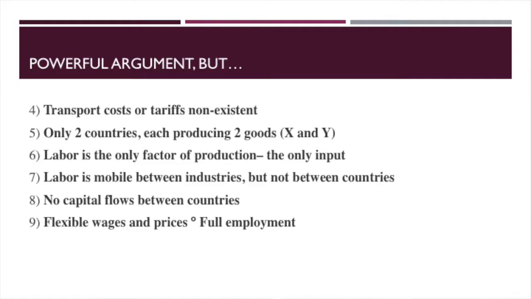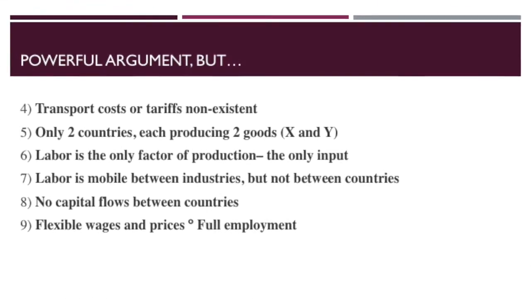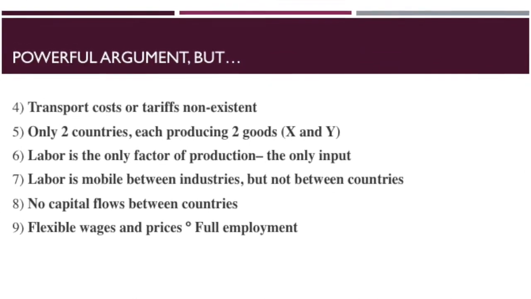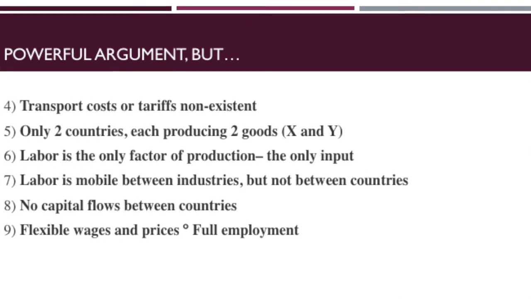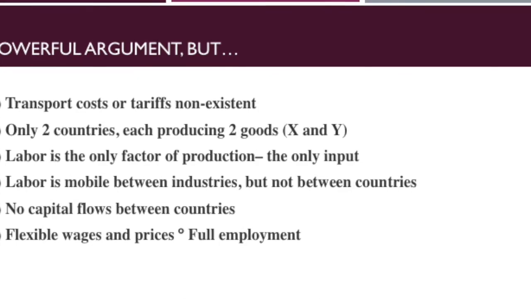And then he assumed also, finally, that there were flexible wages and prices. Full employment, and that wages and prices would adjust naturally, and that there were no real hiccups or barriers to those adjustments in wages and prices. Wages and prices, we know, though, are relatively sticky at times, and sometimes prices rise much more quickly than your wages. And so there are all kinds of little barriers to that flexibility in wages and prices. And so we have to ask ourselves, well, if we're making all these assumptions, does Ricardian logic around international trade